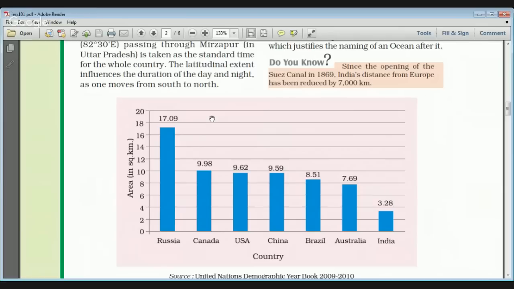That is the reason why in areas very close to the equator, the difference between the duration of day and night is not visible, and all days and nights are of equal length. But as you move away from the equator up to temperate regions or polar regions, the duration of day and night varies,